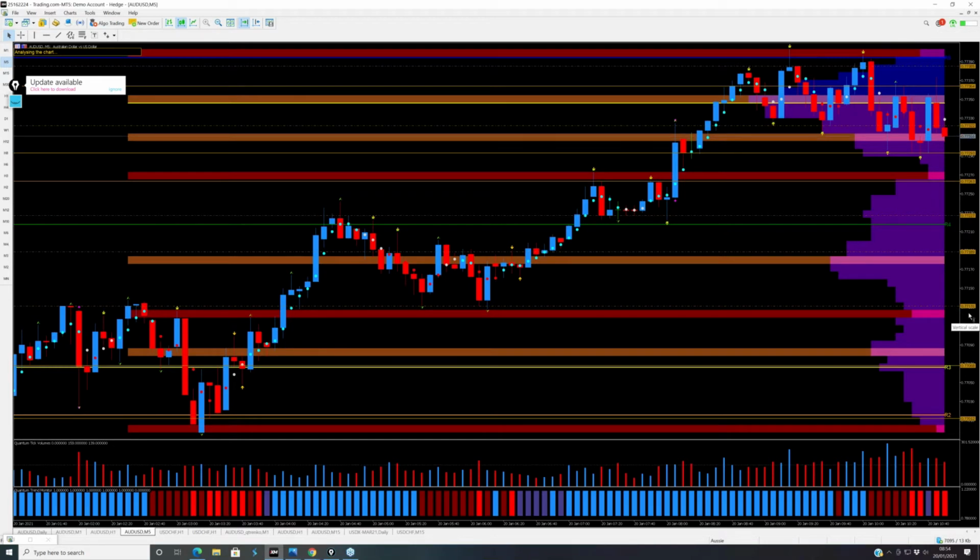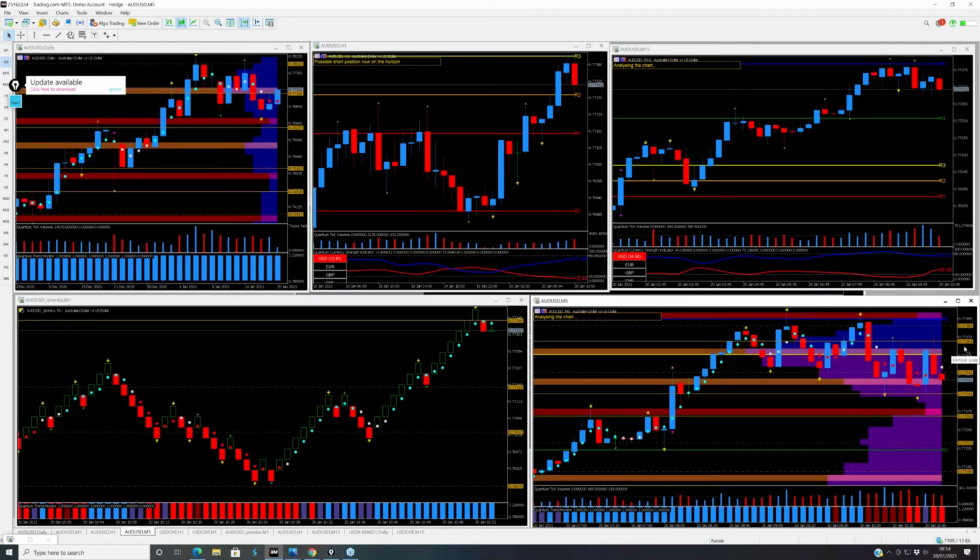But I don't want to talk about volume-based support and resistance at the moment based on the VPOC, because I just wanted to pull all these different elements together to talk you through what we're looking at on the Aussie dollar, highlighted by what the indicators tell us, and really also as an example that if the Aussie dollar was one of your preferred pairs to trade at the moment, there isn't a clearly defined